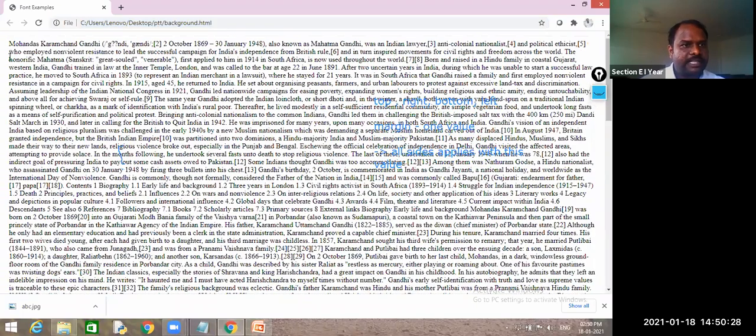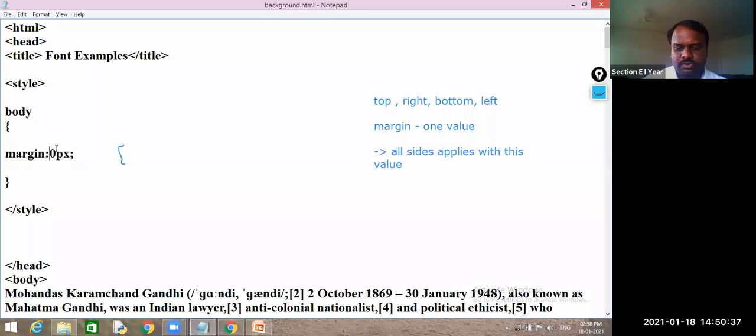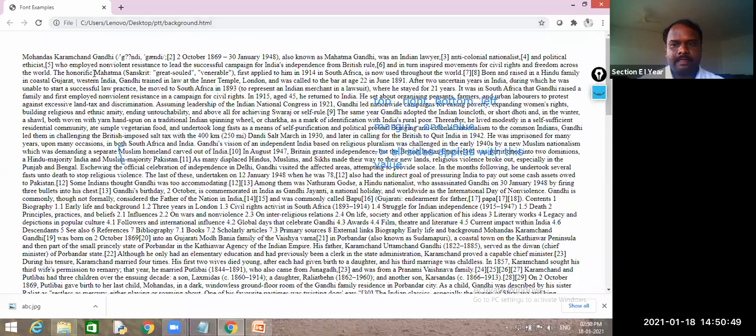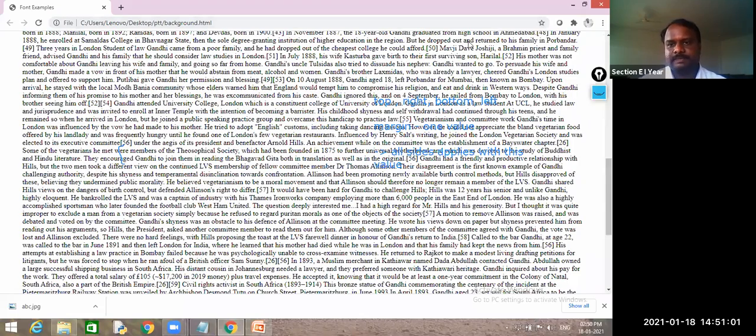Yes, has the 20 pixel applied or not? Previously, where had it started? At the top corner. So let me give more than 20; change it to 50. Can you see this margin? Yes, left side, top side, right side and bottom side are all assigned. This is the way it will assign.